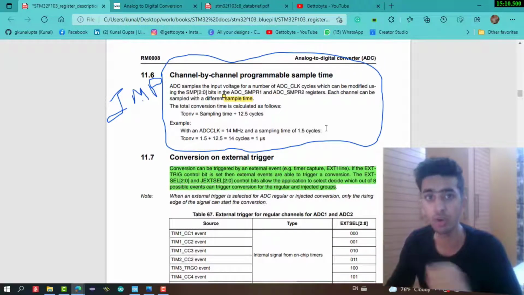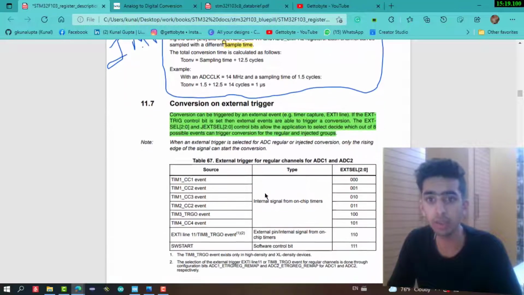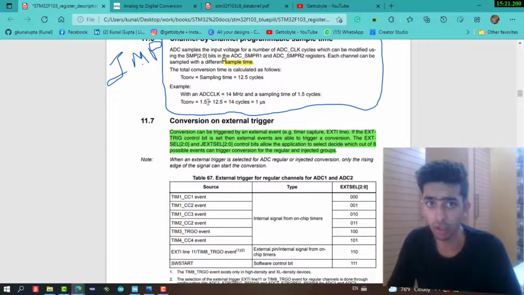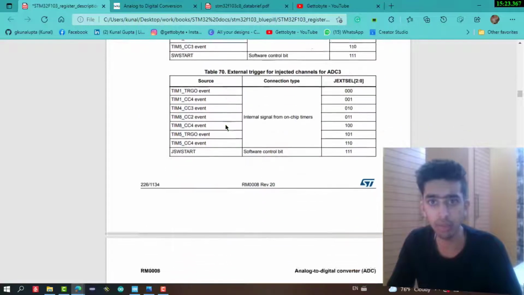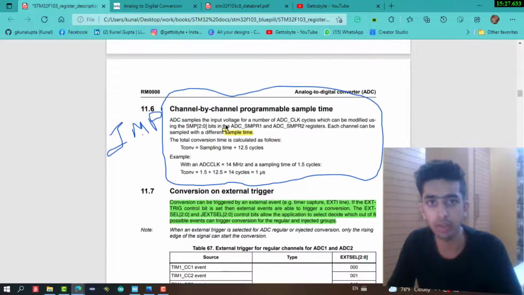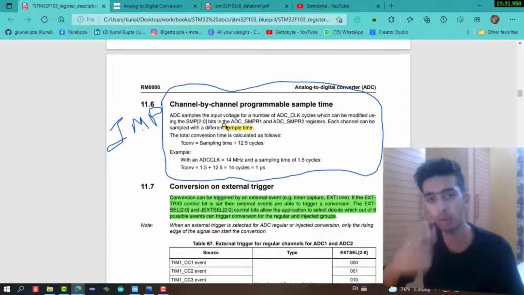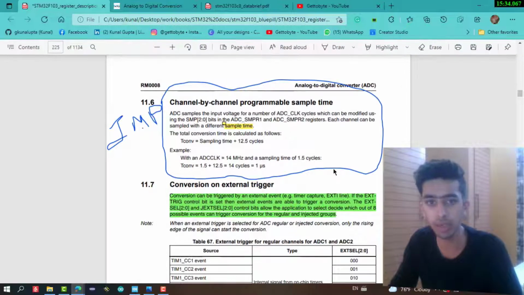This is the formula for calculating it: T conversion equals sample time plus 12.5 cycles. The sample time table we will see when we look at the registers. This is the important thing when configuring the sampling time.